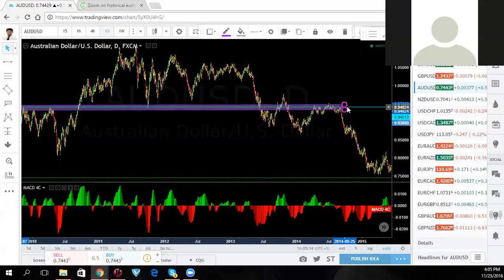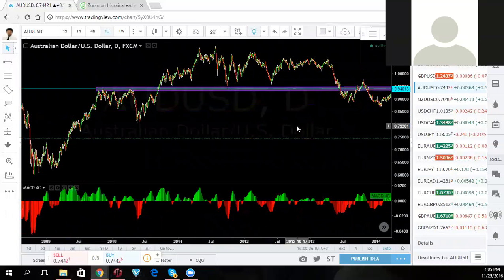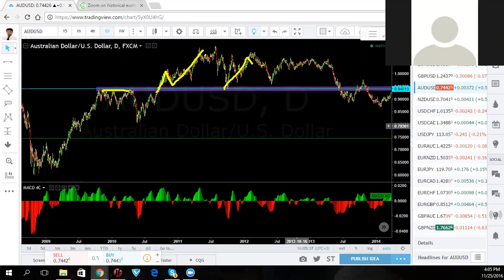You're going to find a lot of resistance and support in that area, right? Because look here, they found resistance, and here they broke the resistance. They come back to the resistance and they go, and you're like, wow, that is perfect. Man, that's what I was looking for. Look, they came back to the resistance and they go. I can become a super buyer. They come back to the resistance, you buy, and you lost the trade.